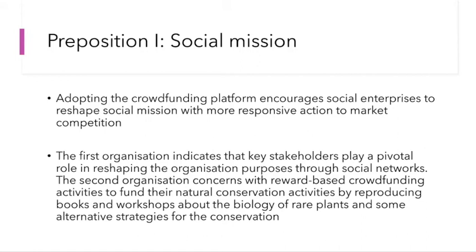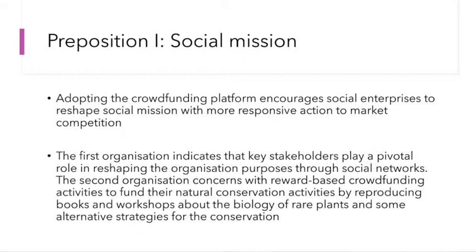This is our findings. The first finding we come up with, we call social mission drifting. Adopting a crowdfunding platform encourages social enterprise to reshape the social mission to be more responsive to market competition. So a social enterprise with a social mission to promote digital humanities will be able to seize the opportunity by being more responsive to actions, and then it may change the